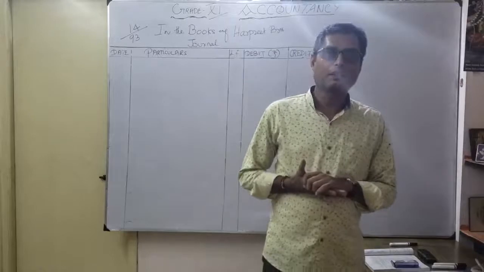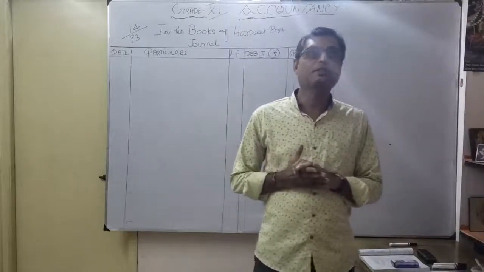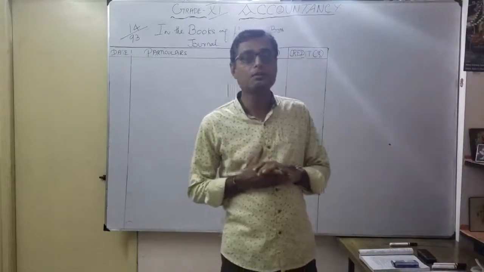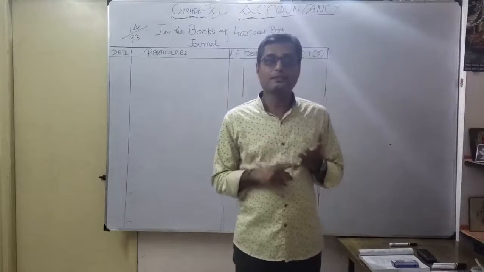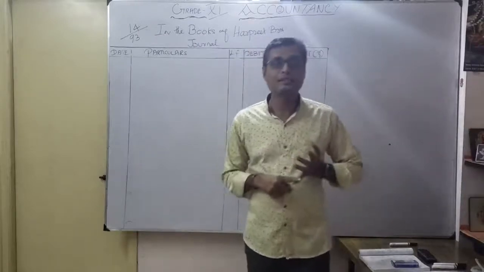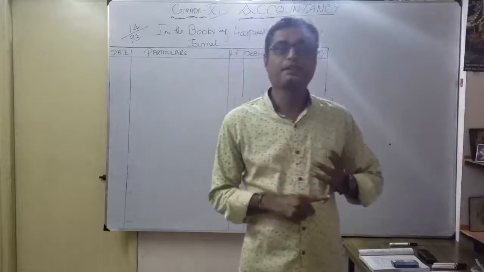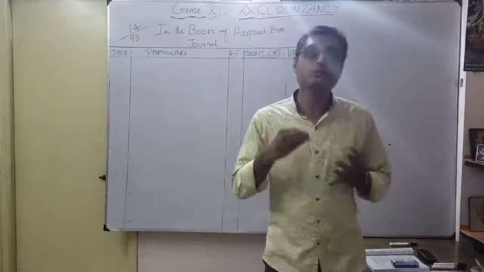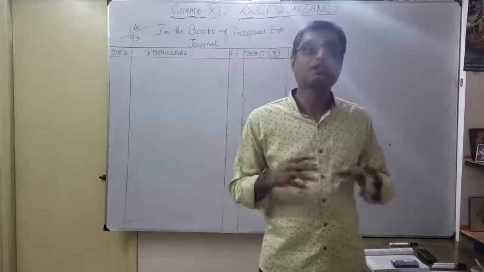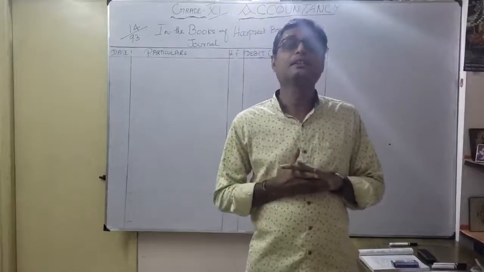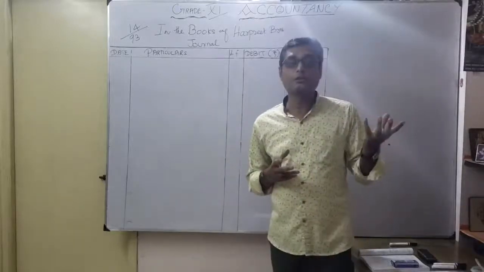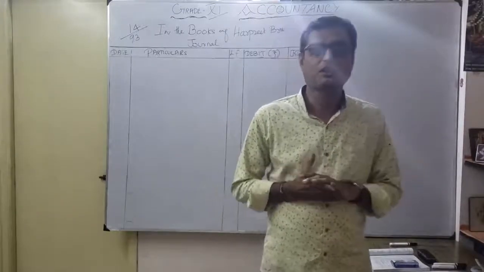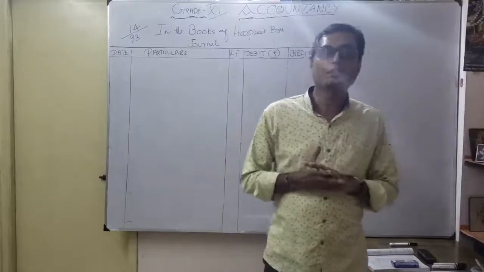In our last videos we understood the comparison between the traditional approach and the modern approach. We looked at different examples about the place of journal entries: purchases, purchase return, sales and sales return, goods taken by the proprietor for personal use, cash taken for personal use, and how to prepare sales return and purchase return. Then loss by fire, how to prepare the journal entry. The drawings are very important whenever there is personal use, and we saw how drawings affect purchases and loss by fire.